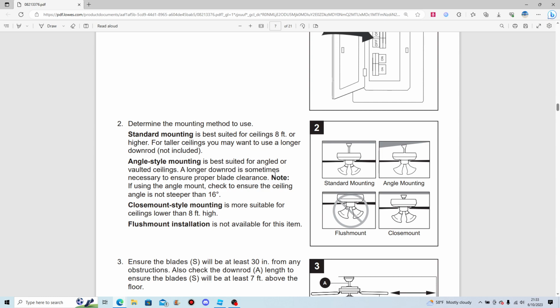Longer down rod is sometimes necessary to ensure proper blade clearance. Note if using angle mount, check to ensure angle is not steeper than 16 degrees. Close mount style mounting is more suitable for ceilings lower than 8 feet high. Flush mount installation is not available for this item. Flush mount, close mount,